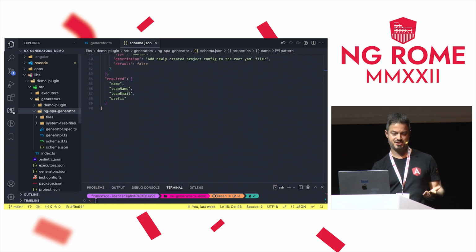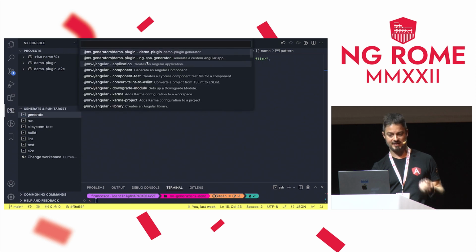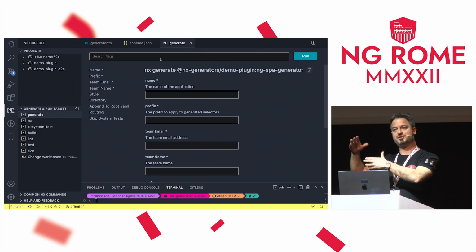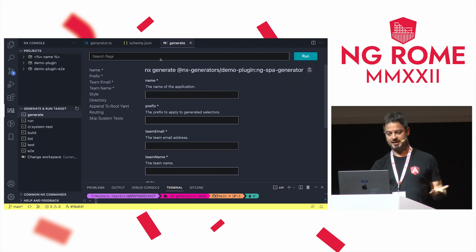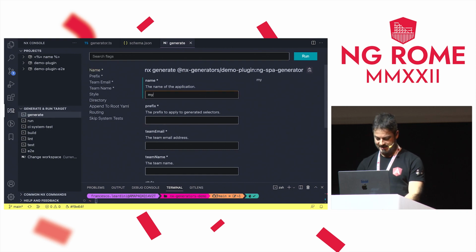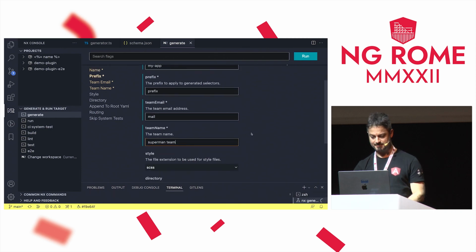What does it mean? When we execute our generator, here is what the schema we defined before translates into in the UI. So we can see my app, and on purpose I don't use the suffix. Then the prefix for our Angular application, mail, Superman team, right. And then we can see that in the console we have